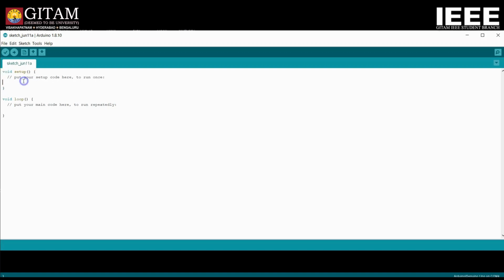Okay, so the setup function only runs once when you start the code or power up the board, or also when you reset the code. The next function is loop, void loop, which does exactly what it sounds like. It executes over and over again until there is a breaking condition that is mentioned by the programmer, or you get irritated and stop the board, which I do when the output isn't what I want it to be.